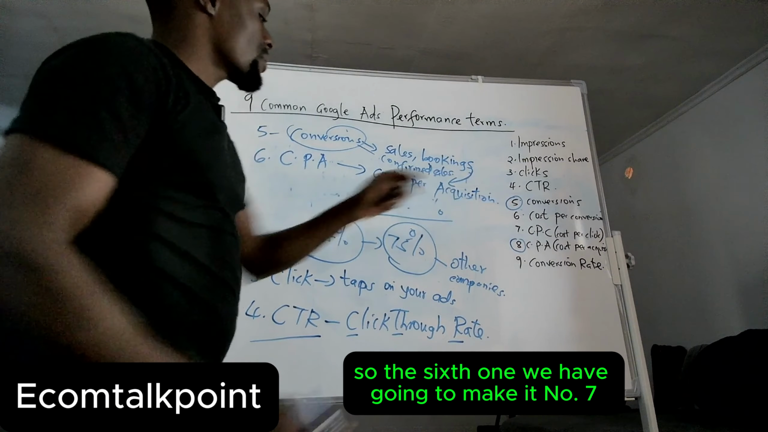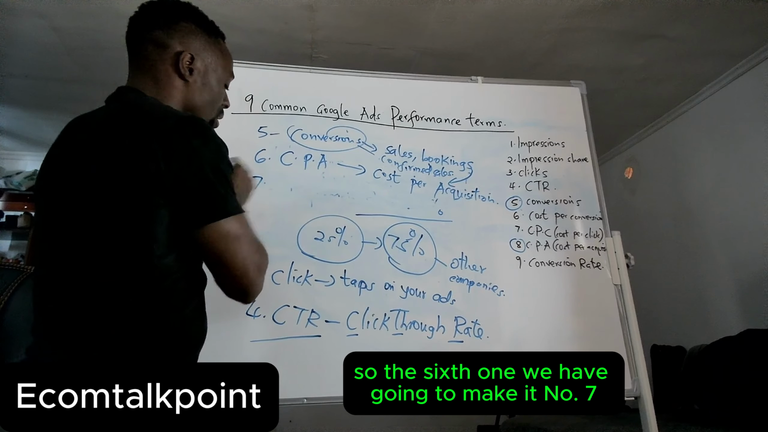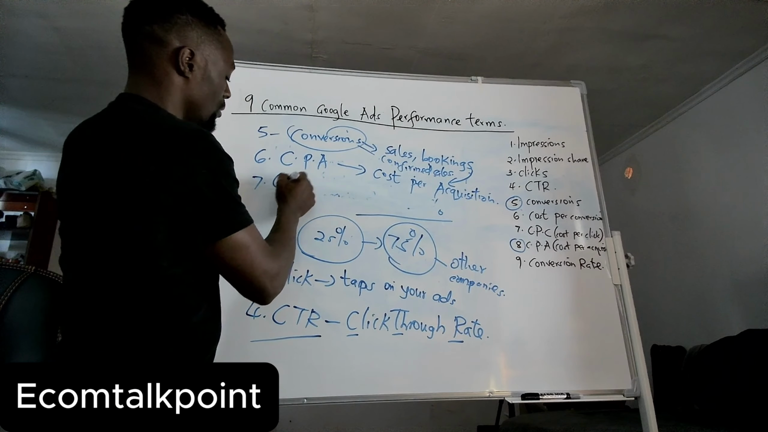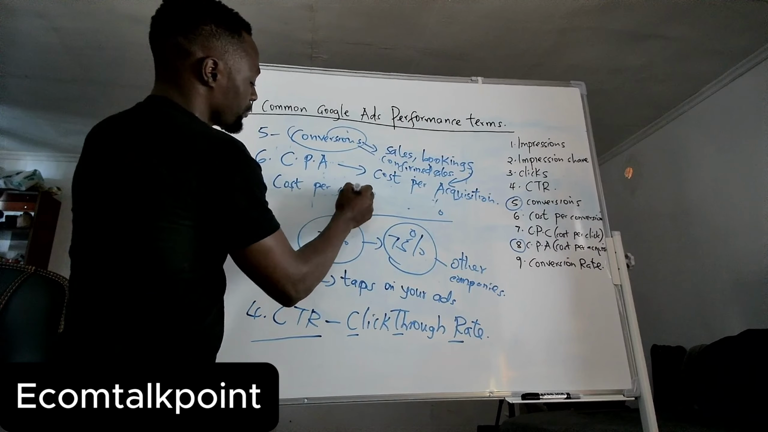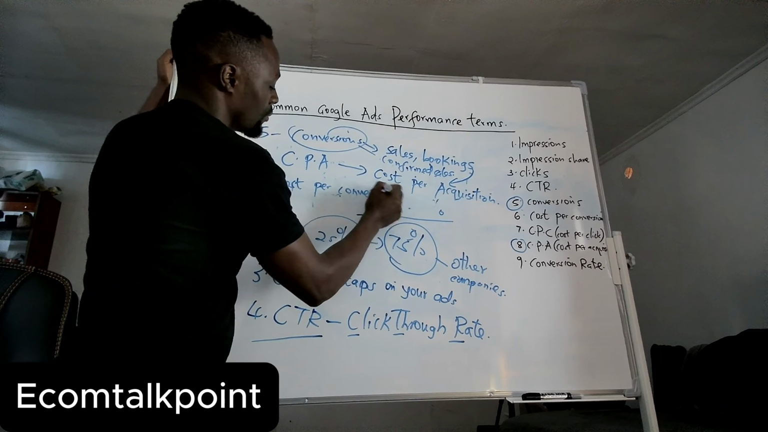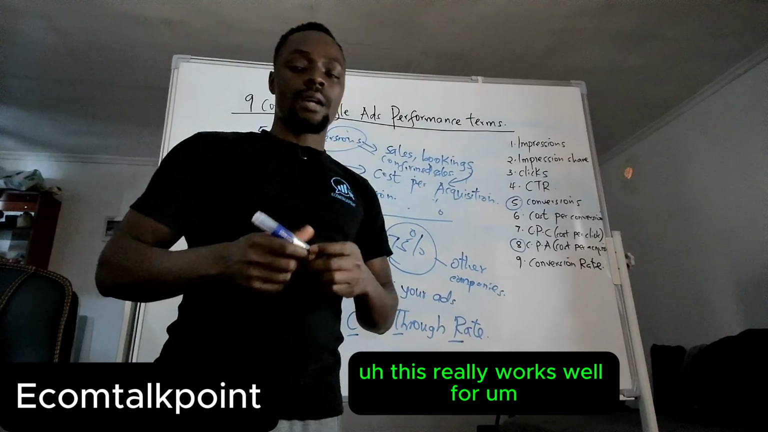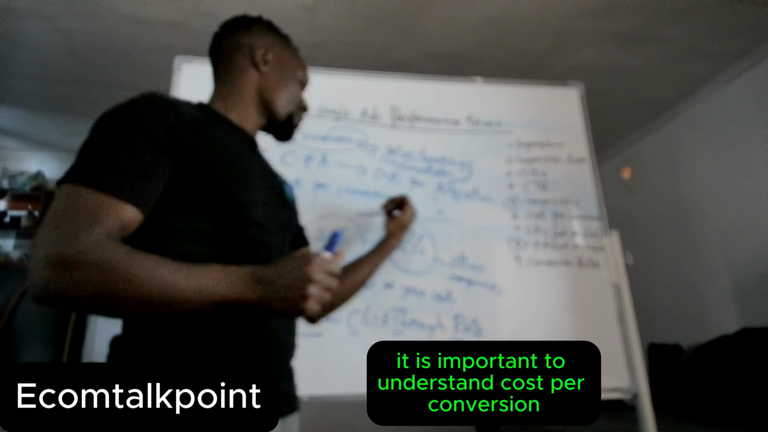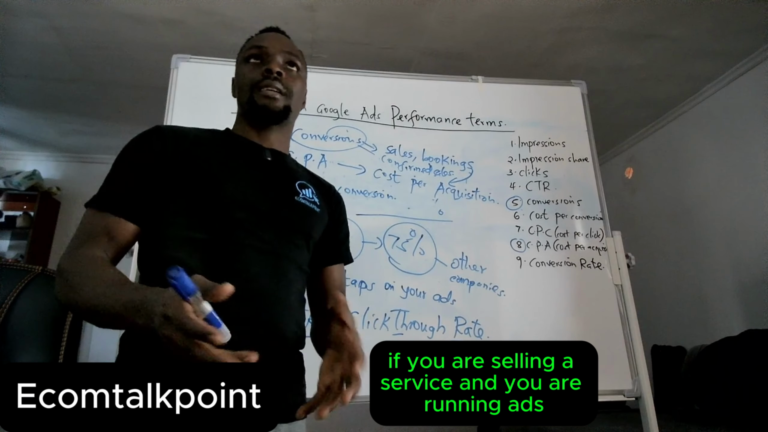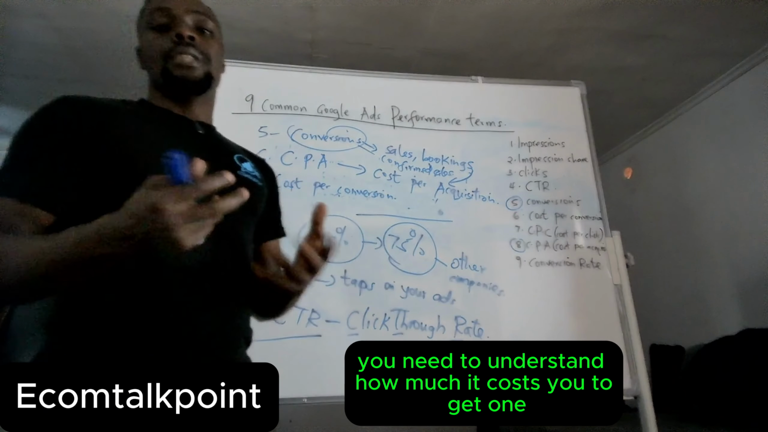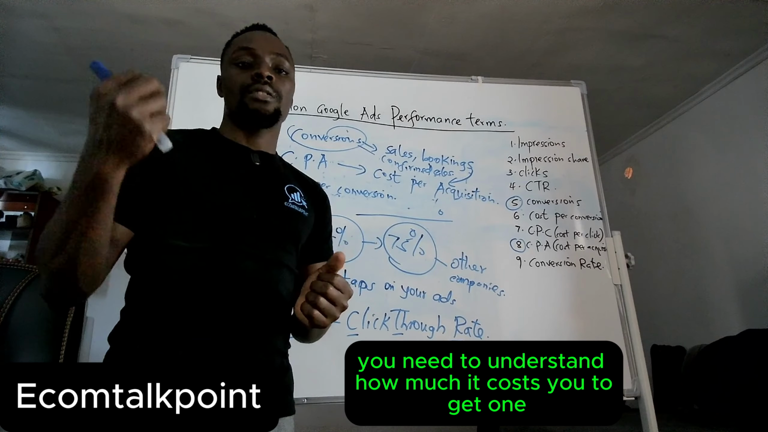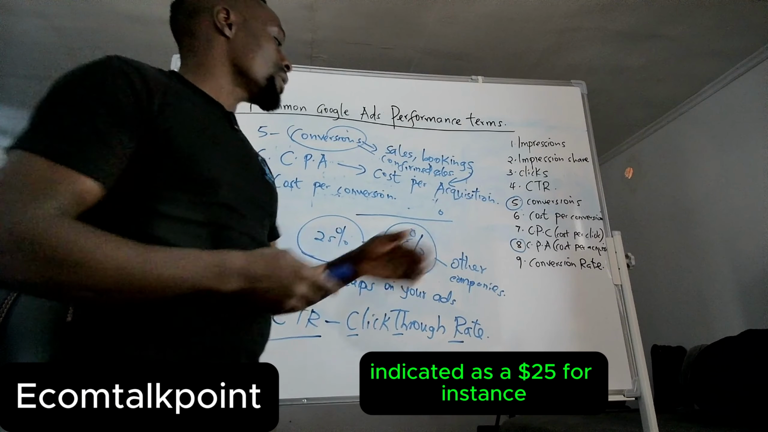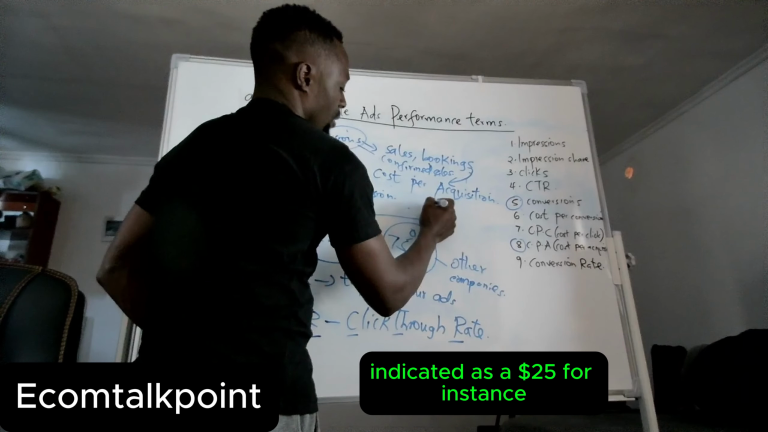We skipped number 6. So the 6th one, we're going to make it number 7. We have cost per conversion. This really works well for e-commerce and service businesses. It is important to understand cost per conversion. If you are selling a service and you are running ads, you need to understand how much it costs you to get one qualified lead, because you can have a cost per conversion indicated as $25 for instance,